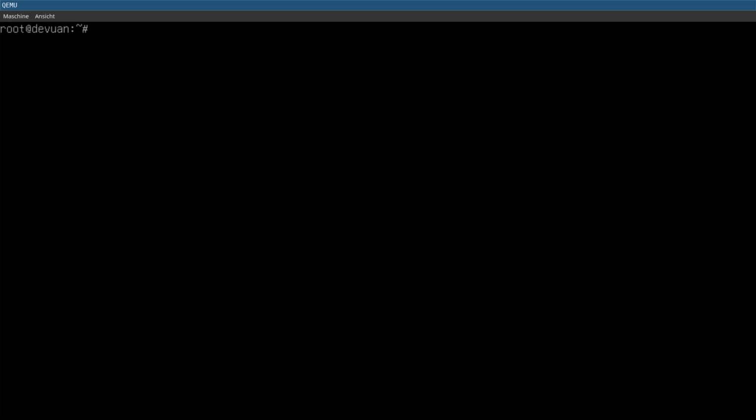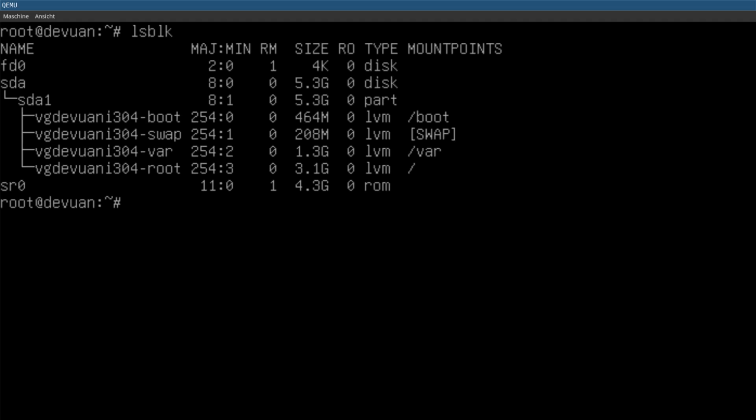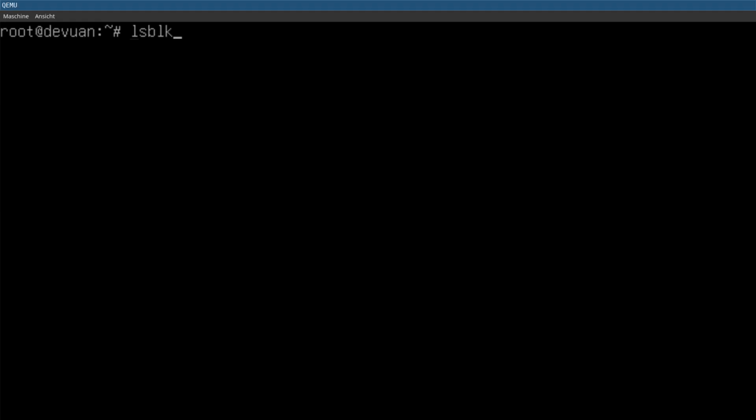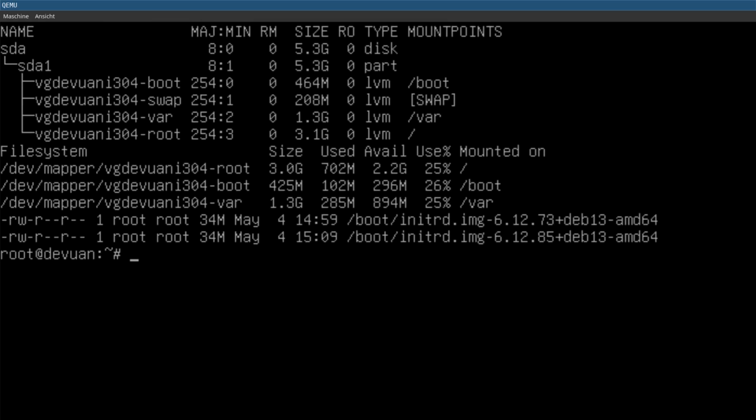Let's make it a bit bigger again. Now I want to show you lsblk, df. You know what? We do it this way: clear, lsblk, df -ht ext4, and then ls -lhtr boot initrd. Here we are: the lsblk output, then the disk usage and the installed kernel